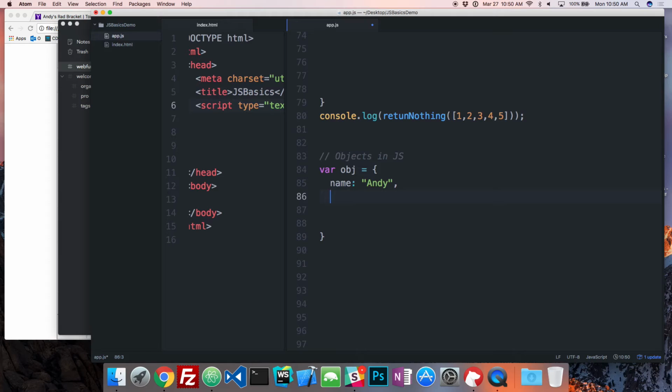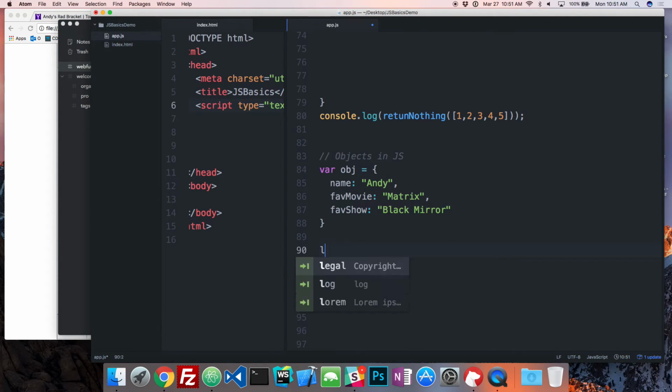So here I can say fave movie, and here I can say Matrix, or something like that. Here, fave show, say Black Mirror. So this is an object. Now, the object has 3 properties. These properties have names,